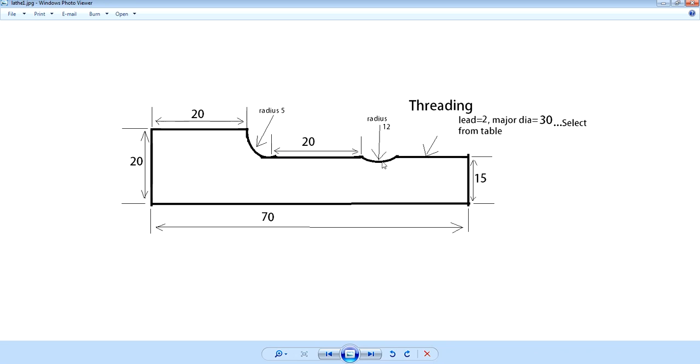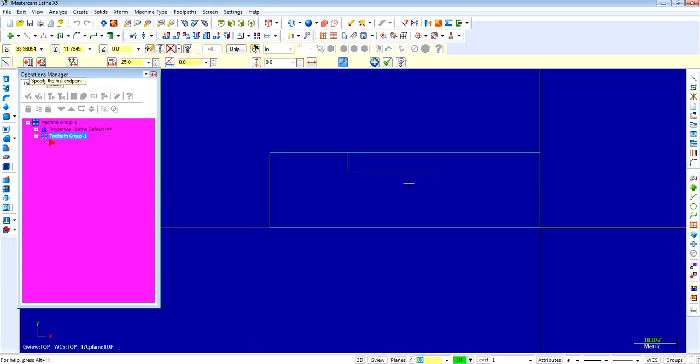So now we are going to draw this arc with 12. Select arc, create arc endpoints. Select the first point, radius 12, -13, 15.